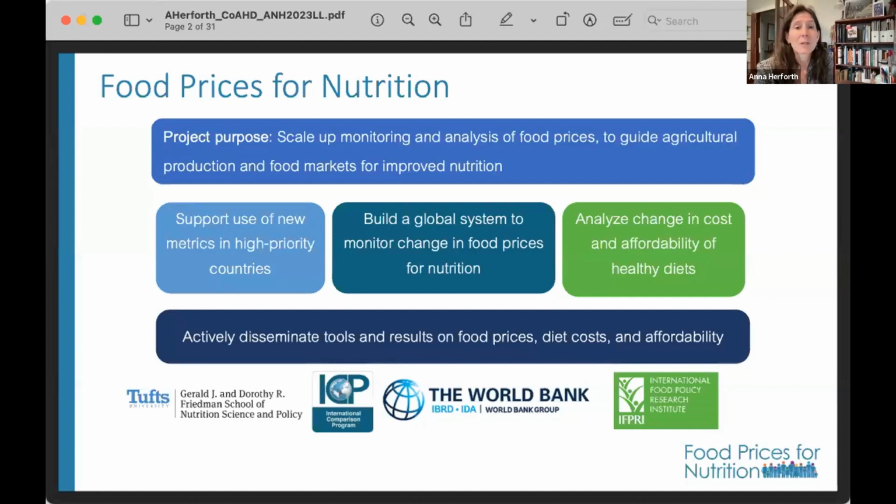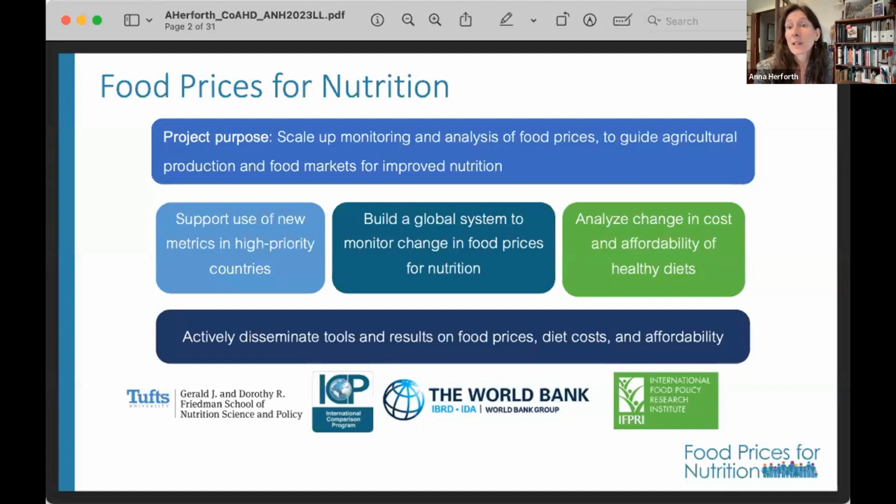However, in the vision of using these indicators, they could be used and mainstreamed in any country. We would love to see that happen over time and into the future. And then there's a research component, which I think many of you here will be able to contribute to over time as well, which we summarized as analyzing the change in costs and affordability of healthy diets,